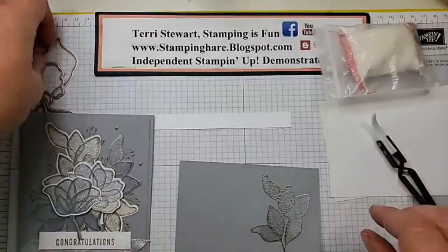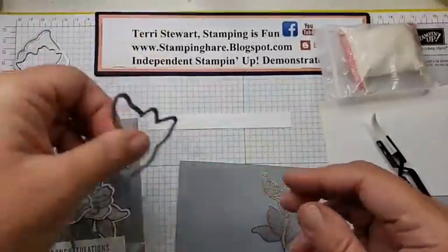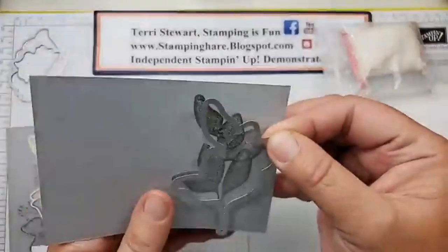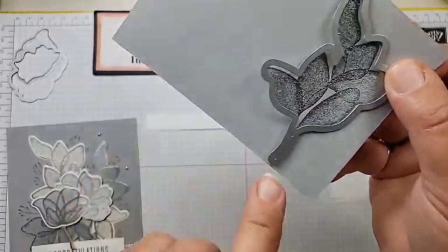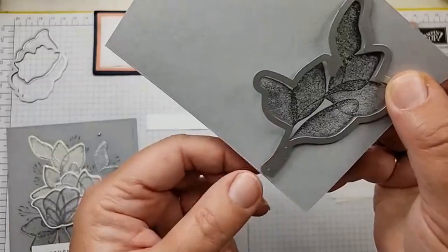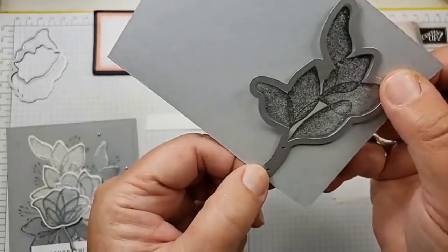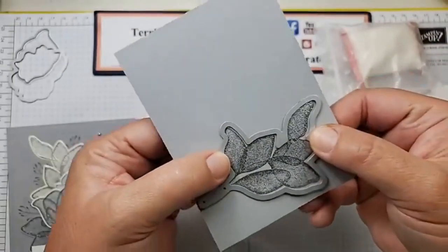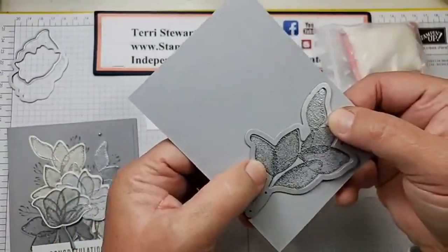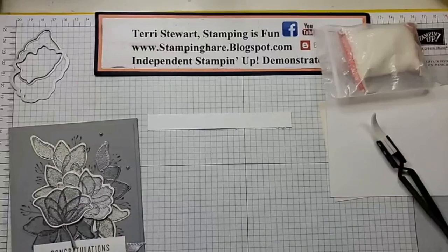Now I am going to take this over to, I would put my die down on top of this. And the other secret is these 2 holes down here. You want to be able to see what you heat emboss through those, and then you know that you have your die in the right place. So I've run it through my cut and emboss machine just like this. And I would come out with,